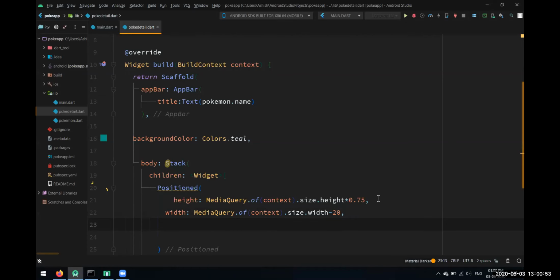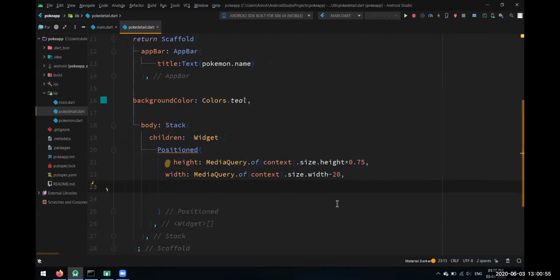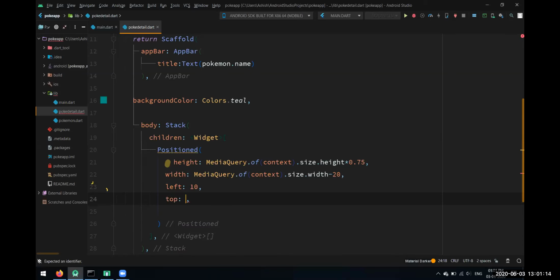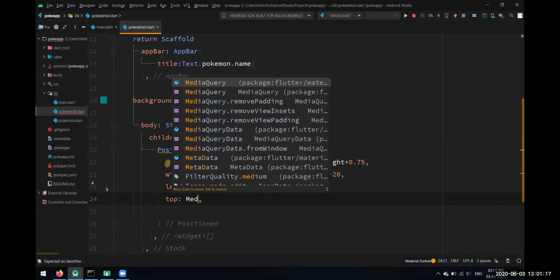And we also have left and right properties. If you want to specify it explicitly, we have this left property by which we can give it some space from left, right, top, bottom, whatever you want. We'll give 10 pixels from left, and from top we'll give it 0.1 of that height.